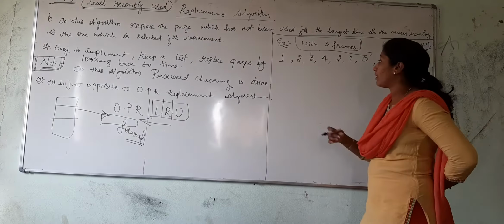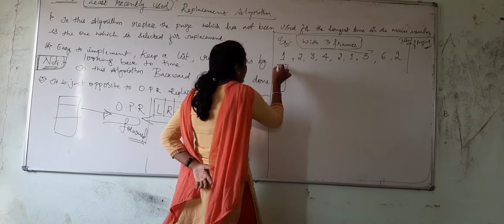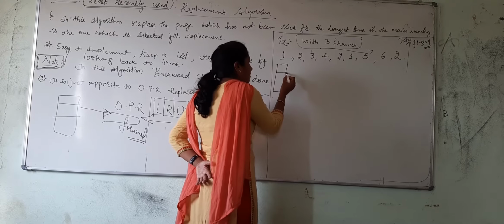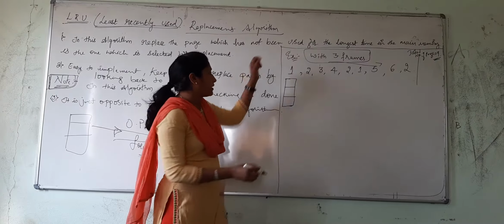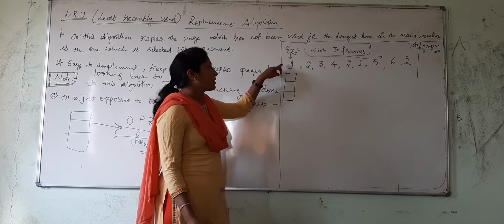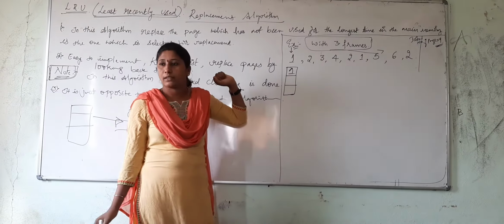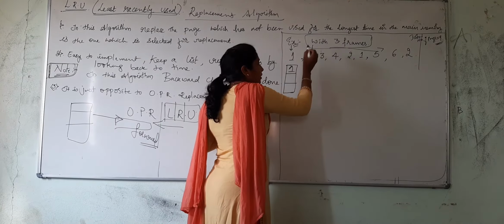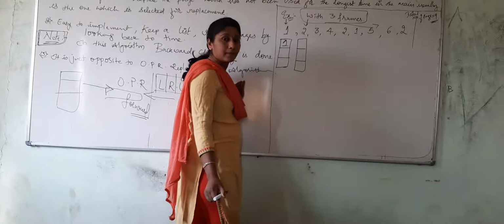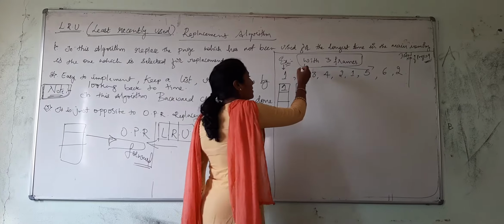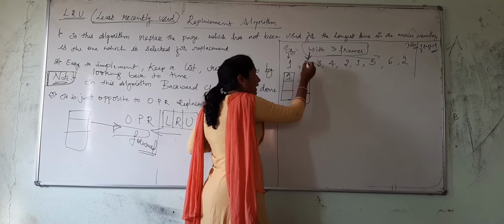How do we do it normally? As the question is given, the main memory is divided into 3 frames, and we start referencing with the first page. This is the first page, and we have allocated it. After this, which is the next page? 2 is there. Again divide the main memory into 3 sections, and this is the second page.